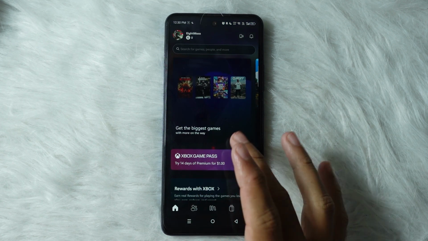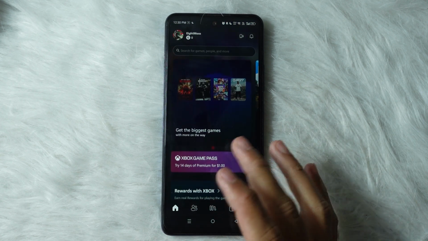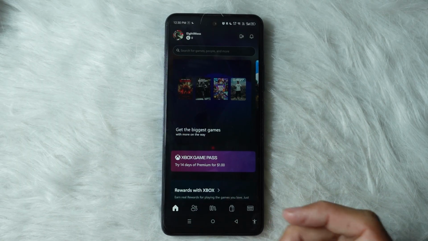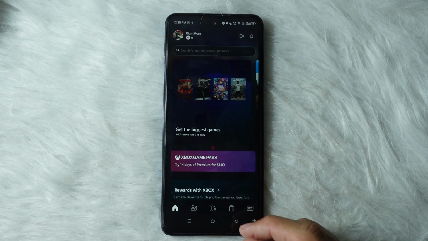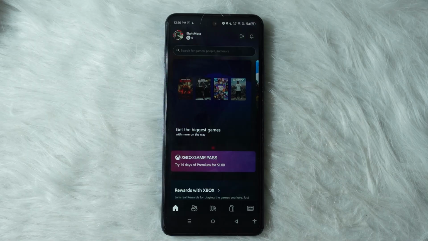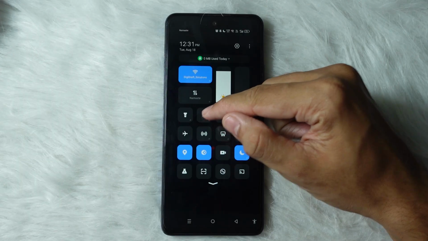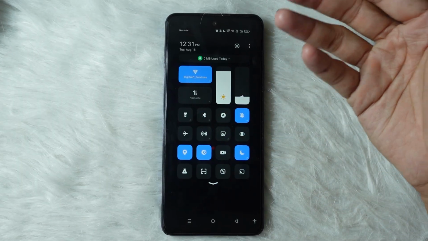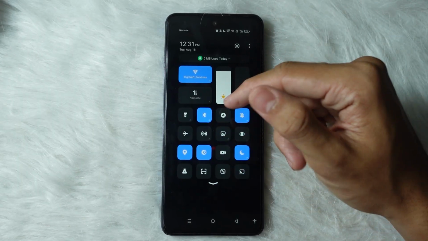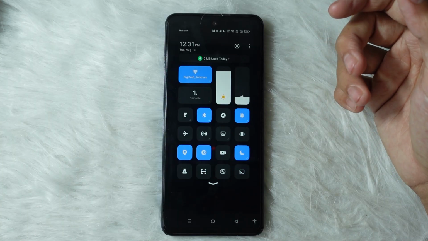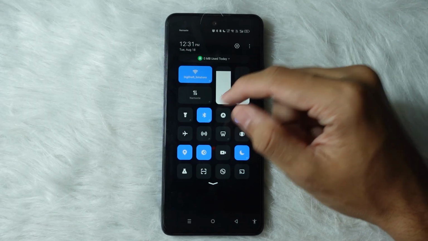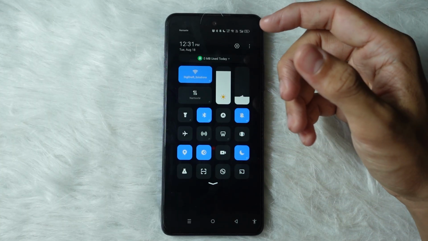First, if you are using the Xbox application and your microphone is not working and your teammates or your friends are not able to hear your voice, what you want to do is simply check for your headset or any kind of properly connected device over here. Swipe down on the control center and make sure your Bluetooth or any kind of AirPods or headset settings are all turned on and are actually connected. What you can also do is simply disconnect and reconnect the headset or Bluetooth AirPods over